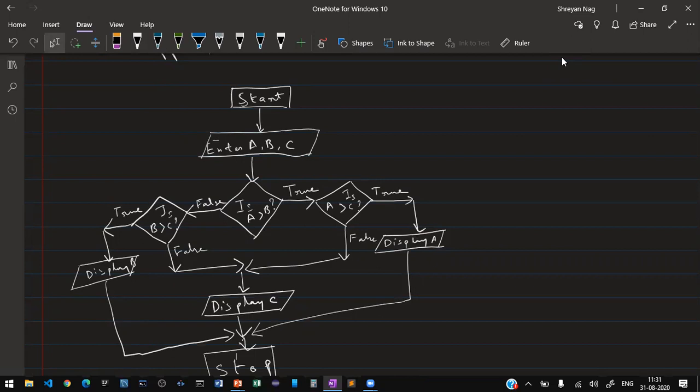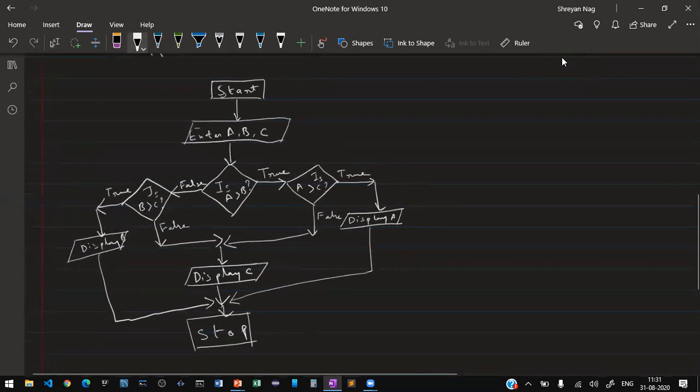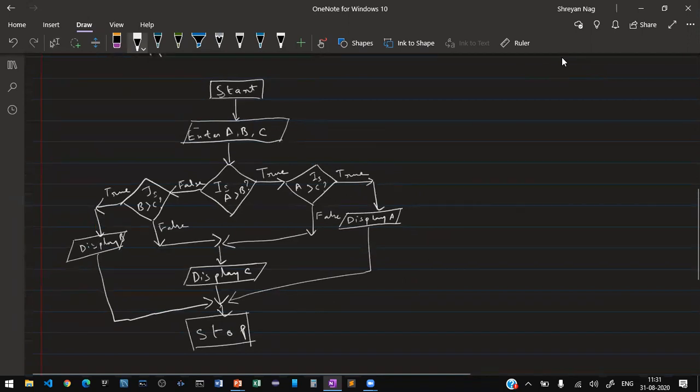So you will display c, again in the following condition, a greater than c. If it is false, that c is greater than a, then both conditions lead to a certain output, that is display c. Then the rule of writing an algorithm is that any algorithm must end. So the three lines are meeting at one place and stop. So this is a way of writing a flowchart, or a logic for finding out the greatest of three.